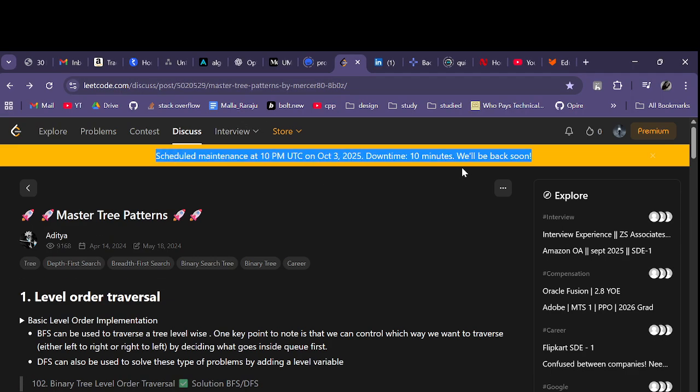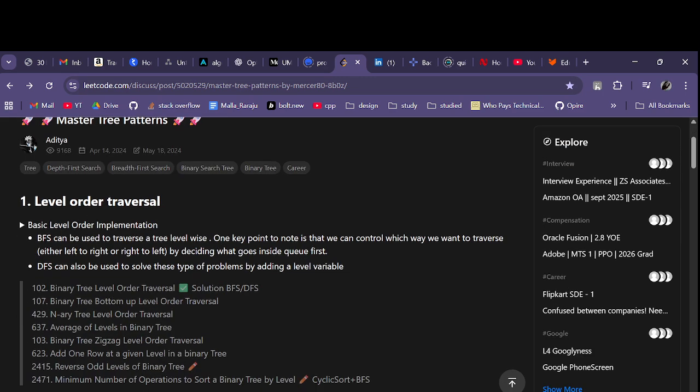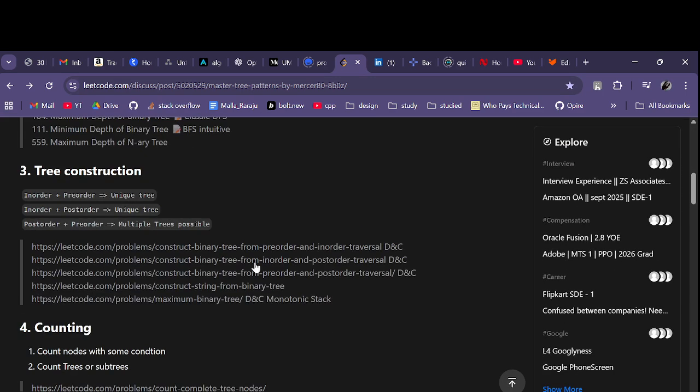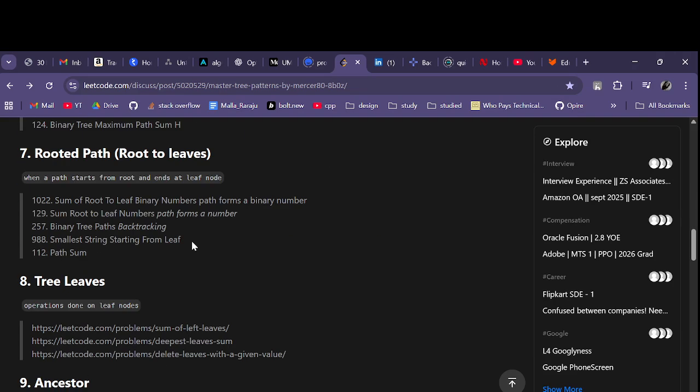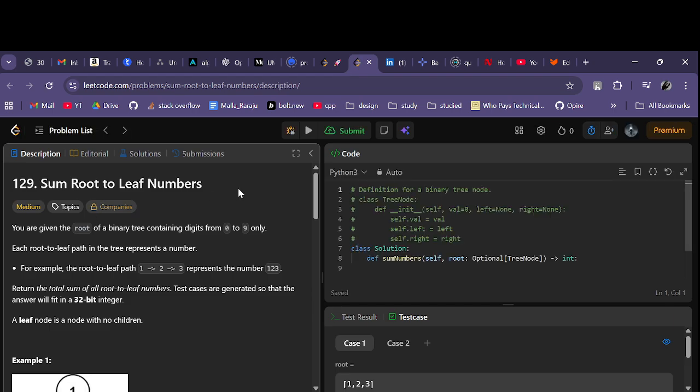Well, it is said there will be a maintenance at 10 p.m. UTC, so let's try to complete this faster. We have done this thing previously, so let's do this. The next one,